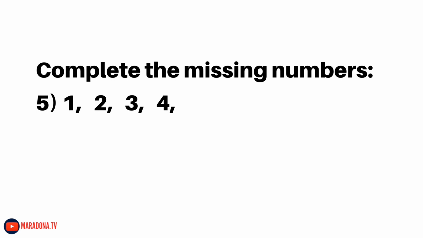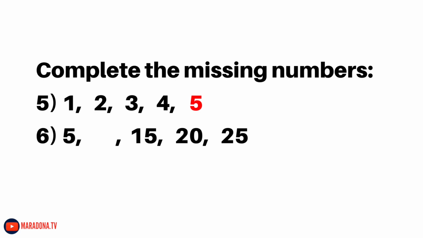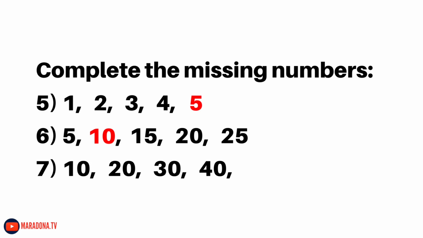Number 5 question. Complete the missing number. 1, 2, 3, 4. The answer is 5. 6th question. Complete the missing number. 5, 10, 15, 20, 25. So the answer is 10. And number 7, complete the missing number. 10, 20, 30, 40,